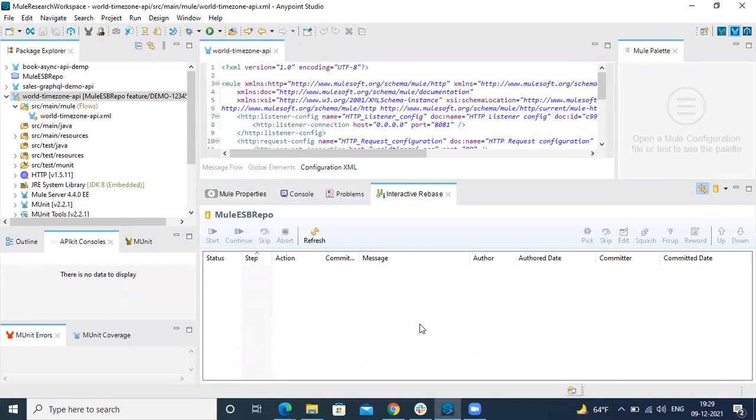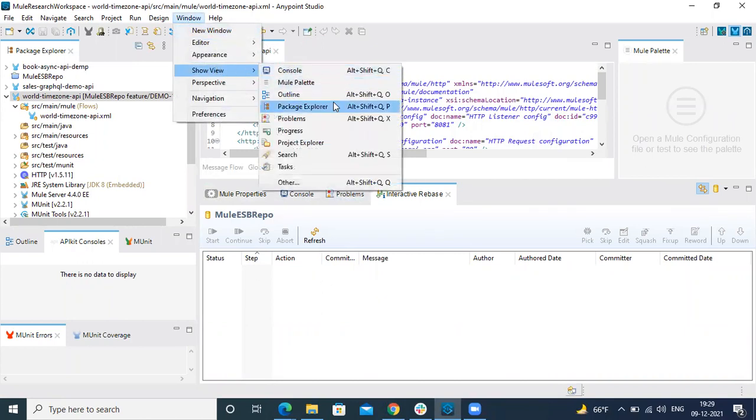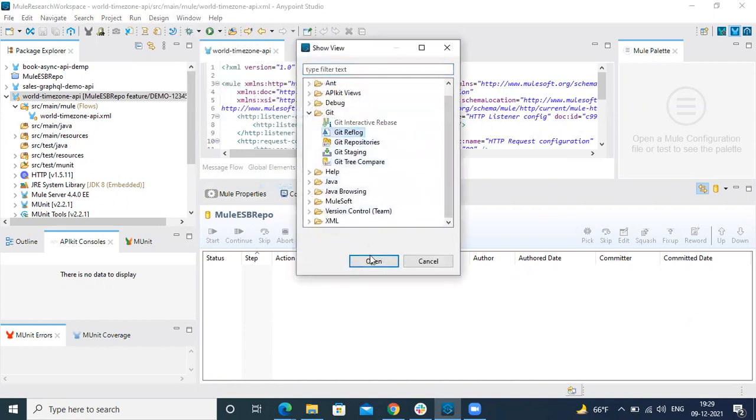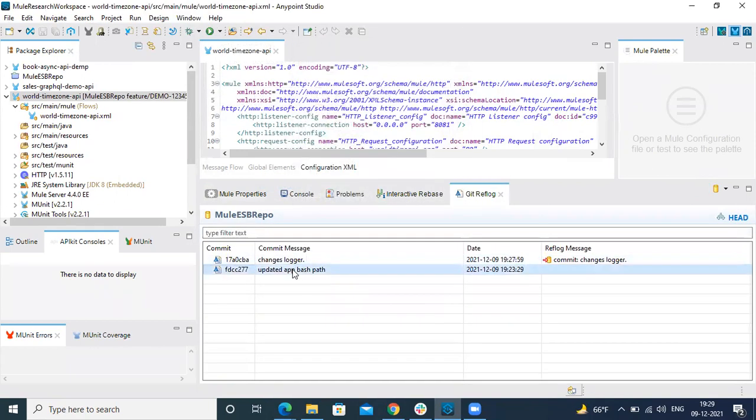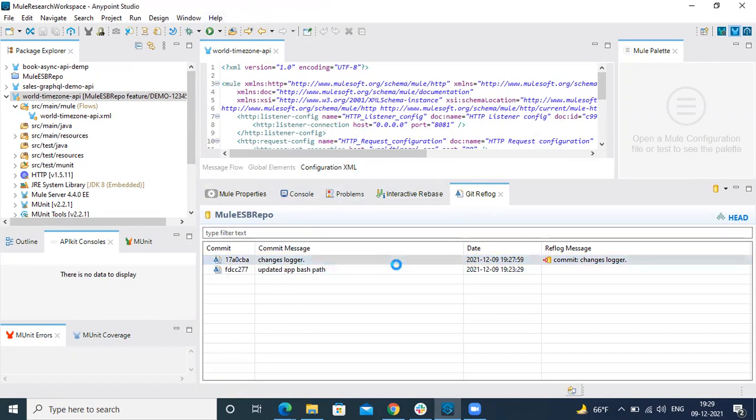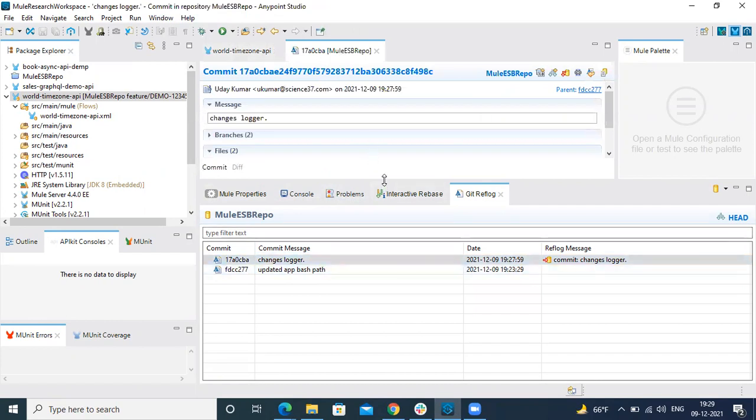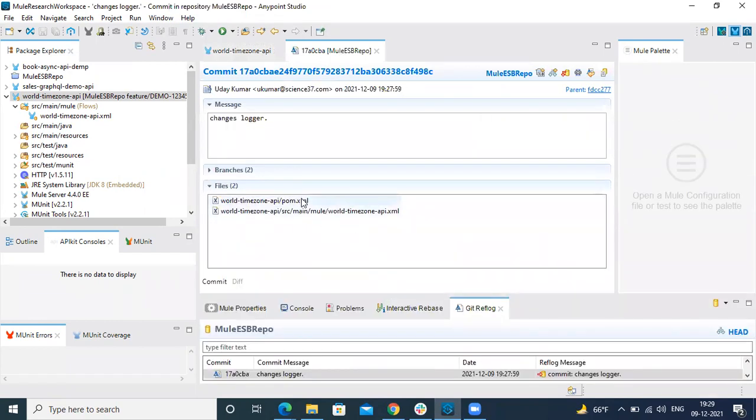These are all the options and functionalities which you can use to interact with Git in a more interactive way. So let me open them one by one for you so that you can take a look. Here you see all the logs. We just now did one commit, and you see the log. What changes were done, we pushed these changes under this. So these are all the history and the files.